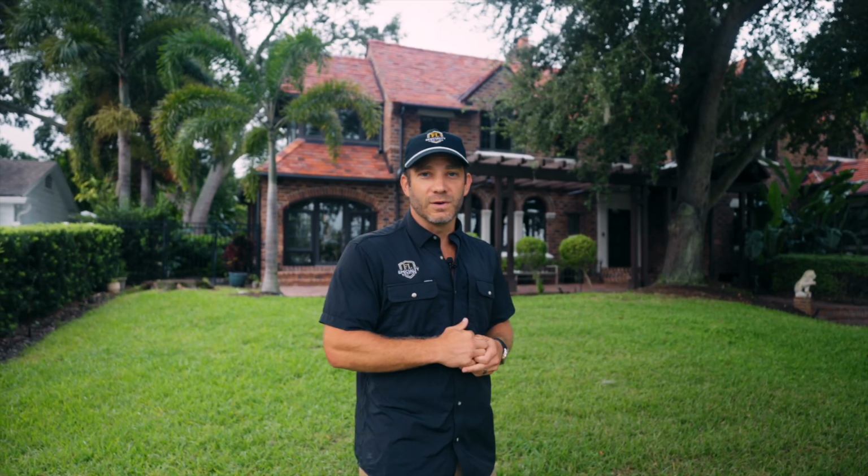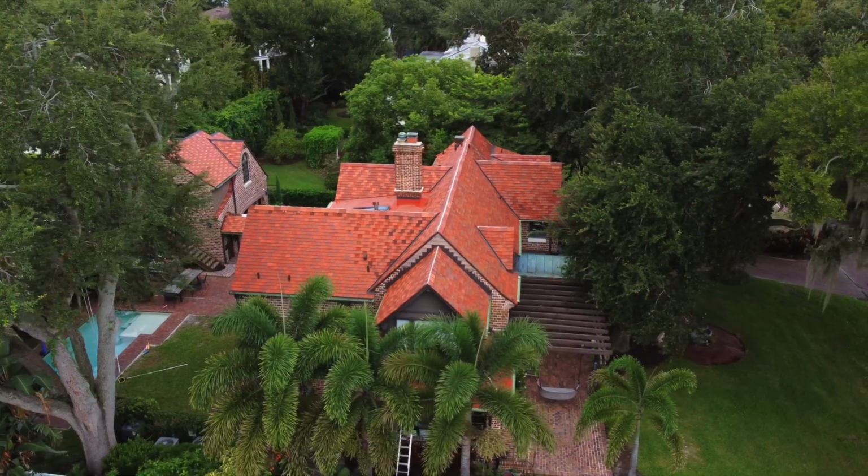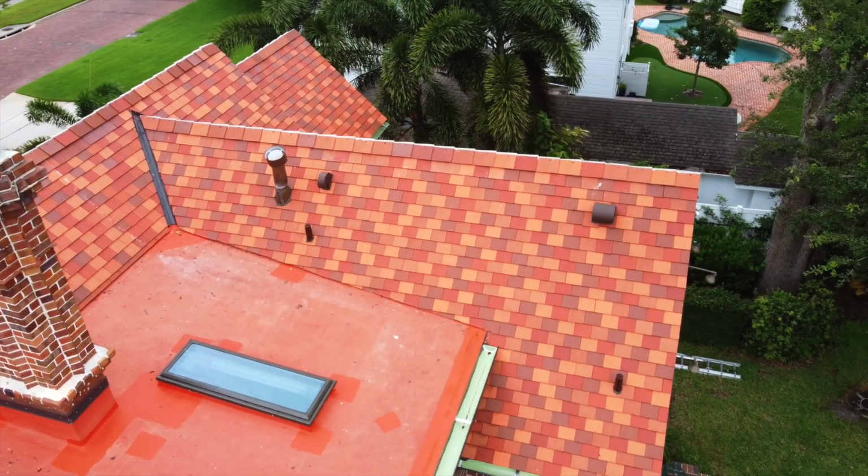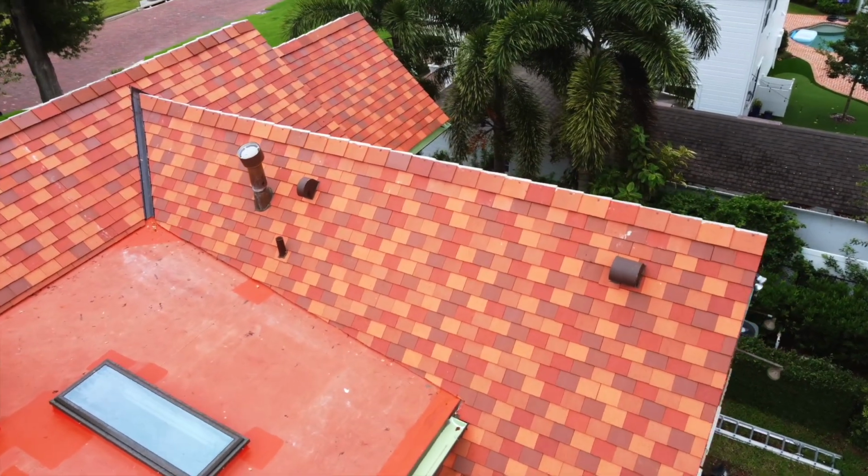First, what we wanted to do was assess the current condition of all the tiles, how much could be salvaged or repurposed and kept on the property, and how much needed to be ordered through Ludowici. And then we were able to come up with a full scope. And in addition to the tiles themselves, we're able to match a lot of the materials to the premium tile